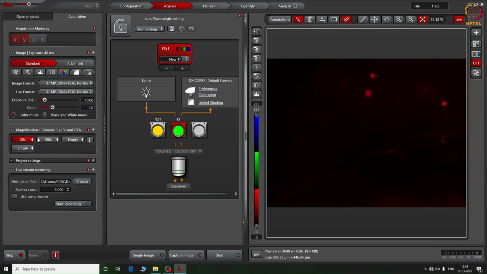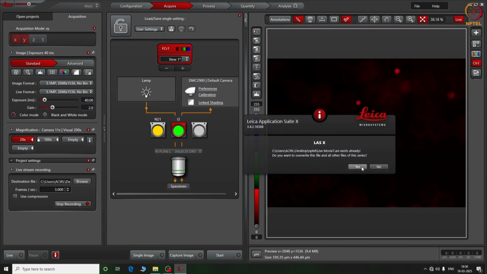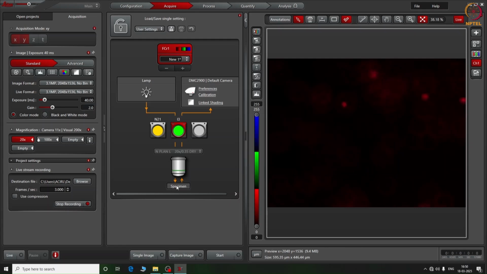Now let's record this motion for further analysis. On the left hand side of the software interface, we have the video recording options. I select live view already to ensure the particles are in focus and adjust the frame rate to 3 fps for smooth tracking. Here you can see the live movement of the particle. I will now start recording. I simply click the record button. The recorded footage will be useful for detailed particle tracking analysis.